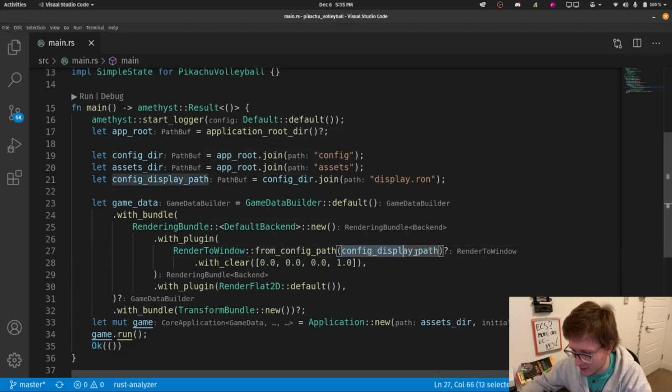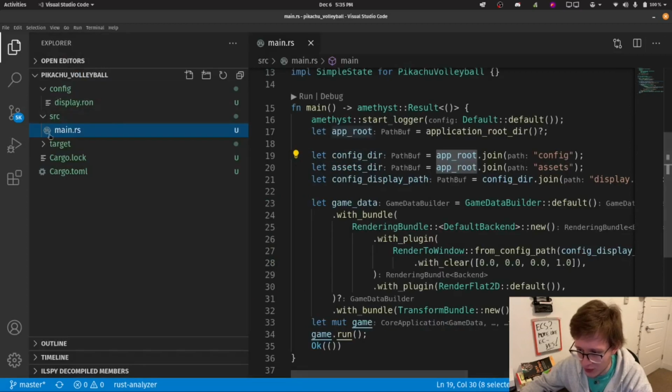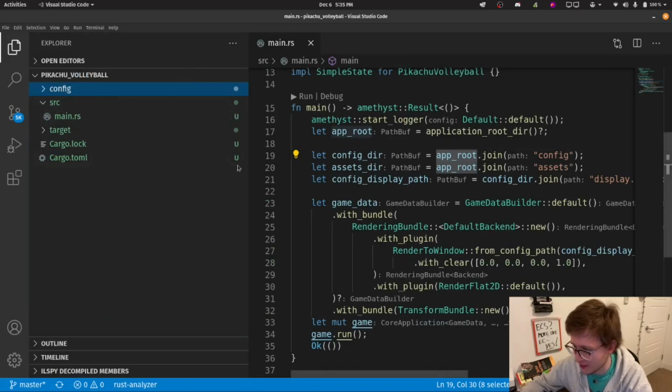And it's getting it from the config display path, which we're also getting from a relative path off of the config directory. Oh, actually, I was talking about assets before. So the app root is this, and then we have the config folder, and then we have the display.ron inside.